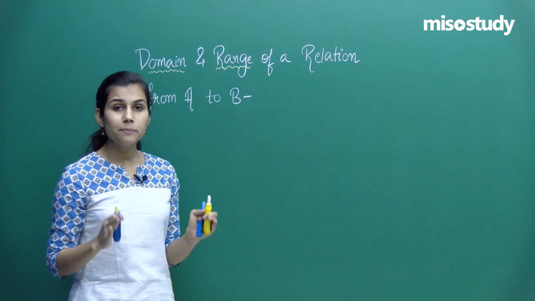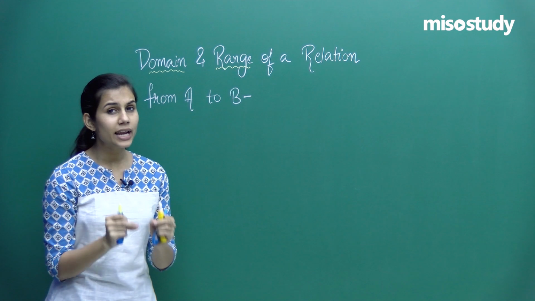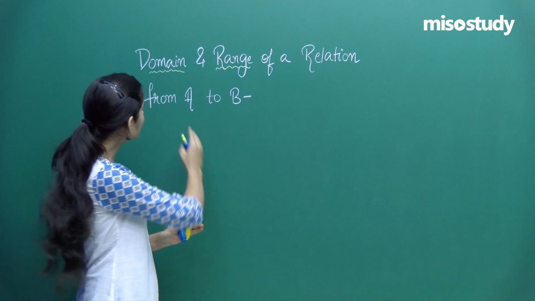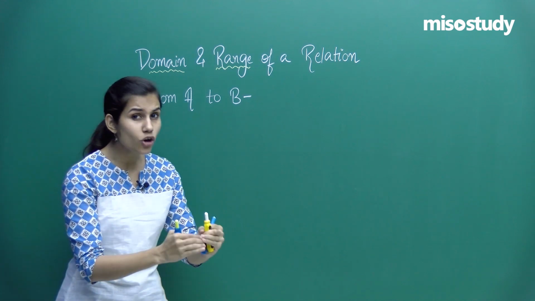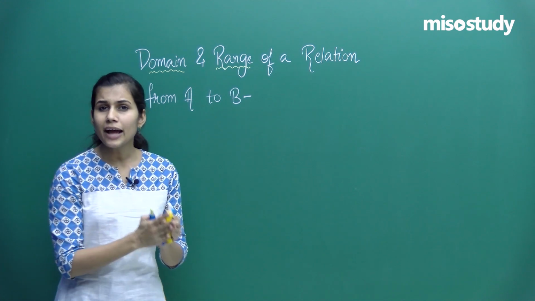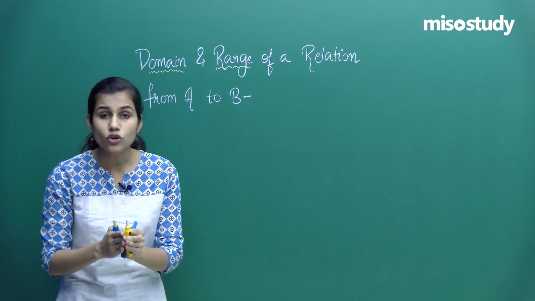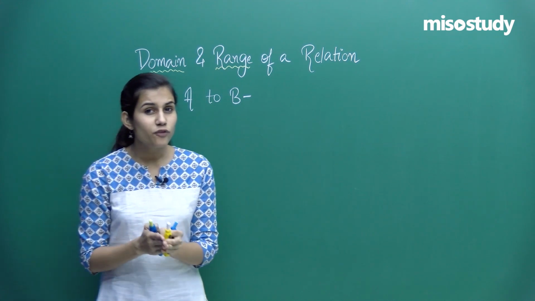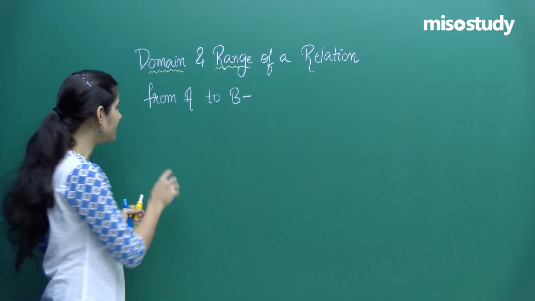Of course, we are very much thorough with the concept of relation from A to B. We know that relations from a set to another set are just subsets of A cross B. The new objects of concern are these two words. One is the domain of a relation and the other is the range of a relation. So what is the domain and the range of a relation? As I said, from now we are going to focus on the ordered pairs which are lying in the subset of A cross B. Therefore, in order to understand the concept, let me bring before you an example.